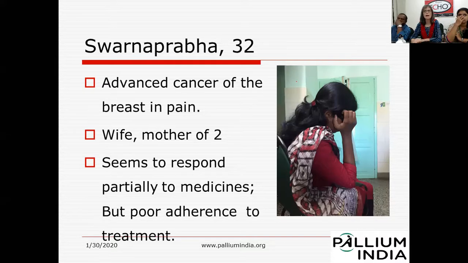Let's just put it this way. What kind of pain doesn't she have? She does have social pain. She does have spiritual pain, I suspect. She has physical pain, many reasons for physical pain, and she could have all of the kinds of pain we talked about. She could have nociceptive pain. She could have neuropathic pain. I don't really see the visceral pain here, unless she had metastases to a larger organ.